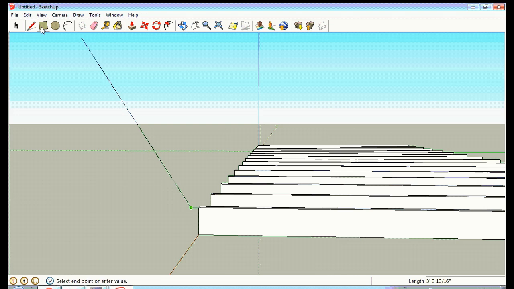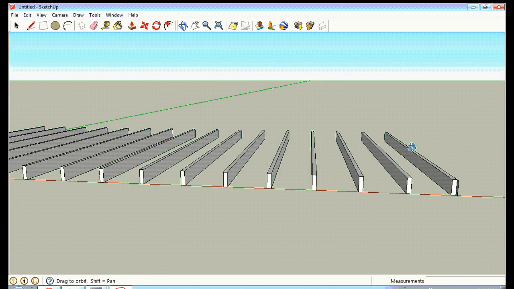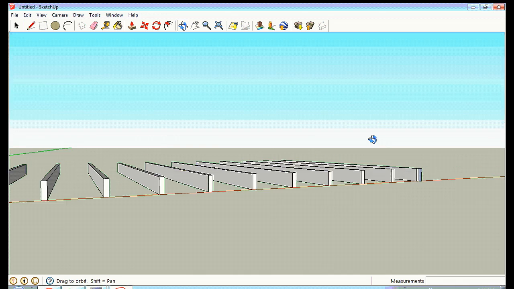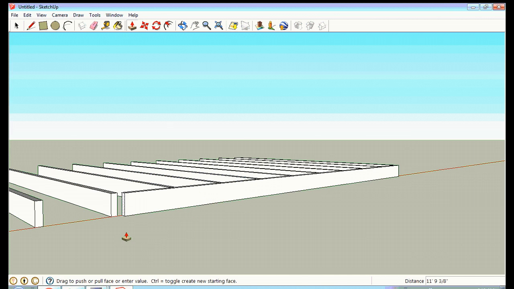Then using my rectangle tool, I'm going to grab that front corner there and click down to that bottom corner, and I'm just going to create a ridge plate right there to draw across, pull clear across this whole floor. So then I'll rotate this around. Then using my push-pull tool, I'm going to grab on the face of that, and I'm just going to pull that ridge board right along